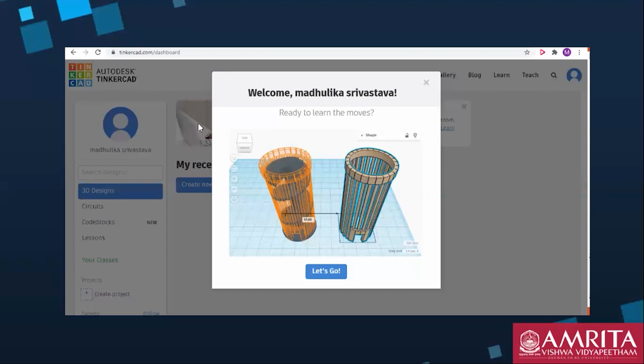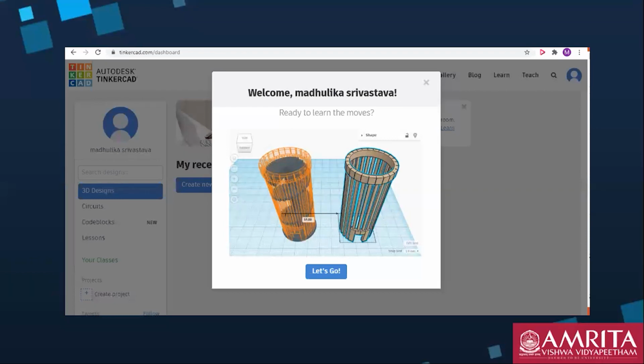Whatever you are making in Tinkercad will be automatically saved in your login. You have your personal login over here, and whatever designs you make will be saved for you.